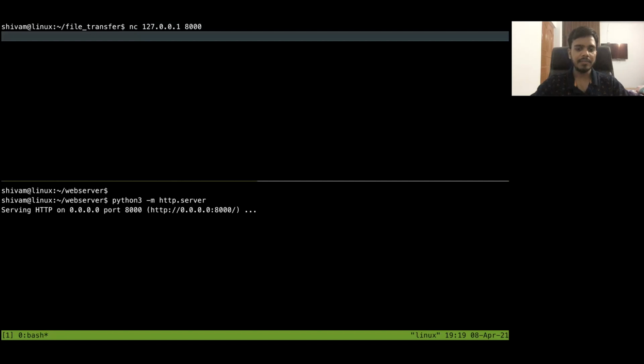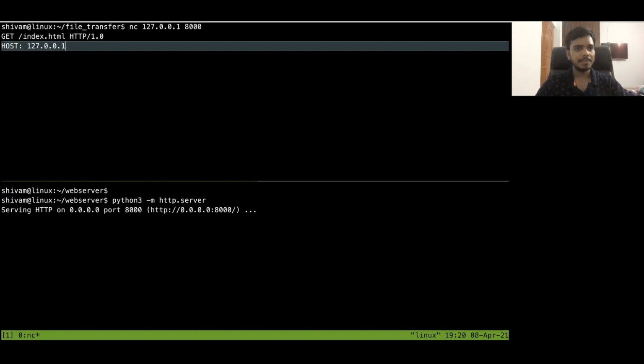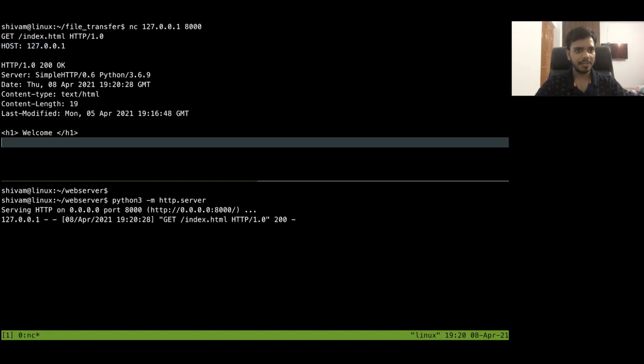Here I want to make a GET request, then the path I want, which is index.html, then the HTTP version, maybe 1.0 here. I'll press enter. Then you also need to mention the host, that header is important: 127.0.0.1. Now let's press enter 2 times and you should see the output here.